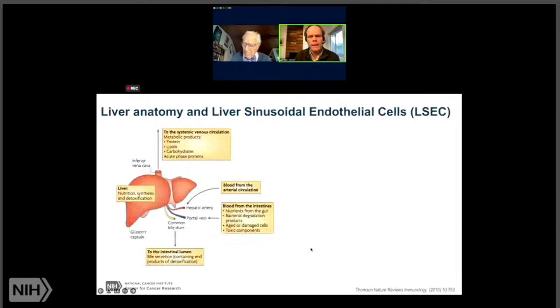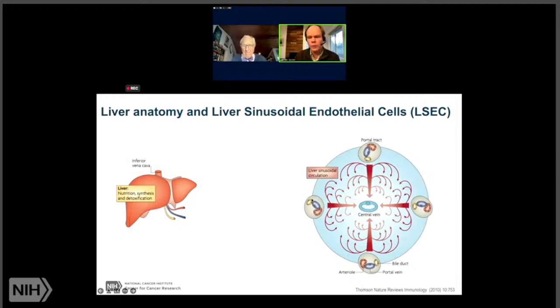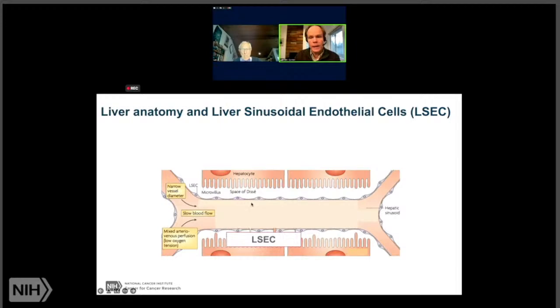Now, again, I'm not going to go into all the details of how we did this, but the important thing is to really look and remember the liver anatomy that I just told you, with the portal vein draining the blood from the gut. But where does the blood go then? Well, once it goes into the liver, it goes from the portal vein through the parenchyma into the central vein. And this is basically, again, a snapshot or magnification of this from the portal vein into the sinus. This blood has to travel through the liver.